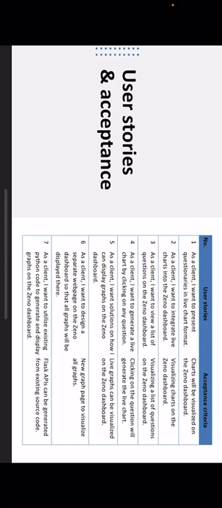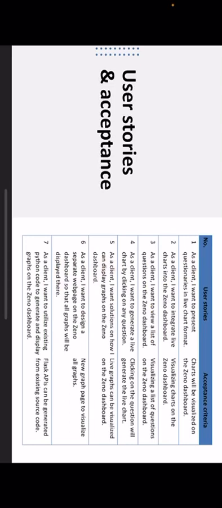User stories and acceptance. As a client, I want to present a questionnaire in the live chart format. We have presented the questionnaires in the live chart format, and we integrated the live charts into the Geno dashboard. The client wants a list of various questions on the Geno dashboard, and we use the CSV files and converted them into chart libraries, so it will directly appear on the Geno dashboard, as I explained before.